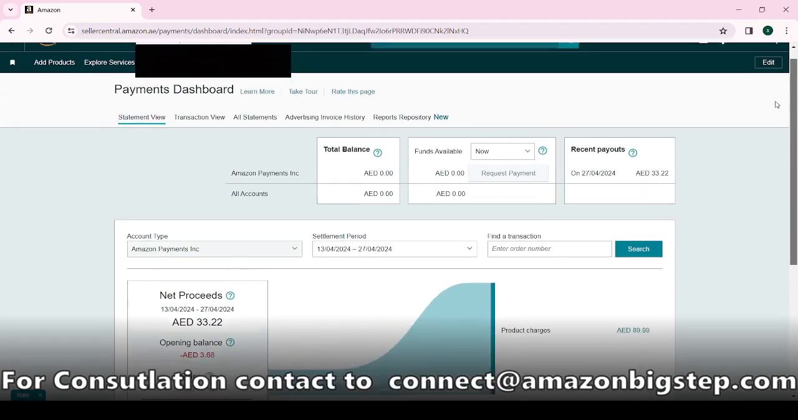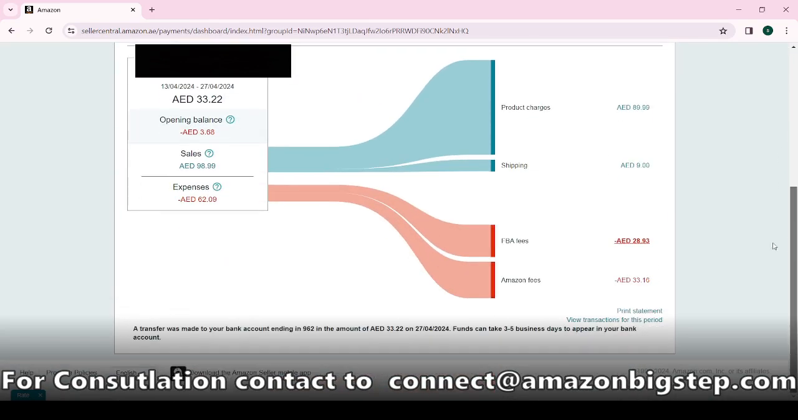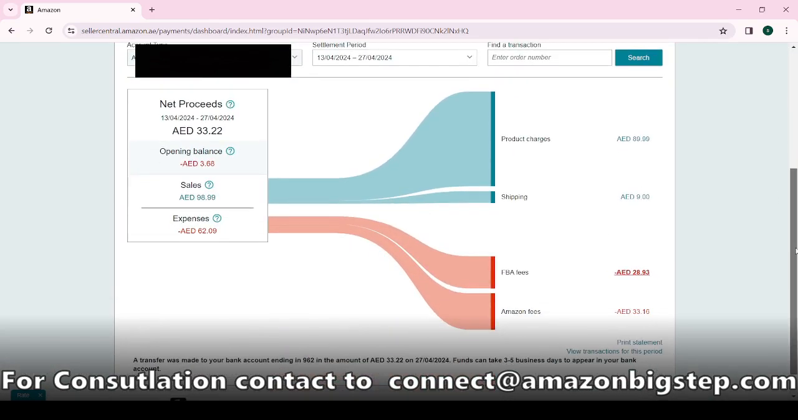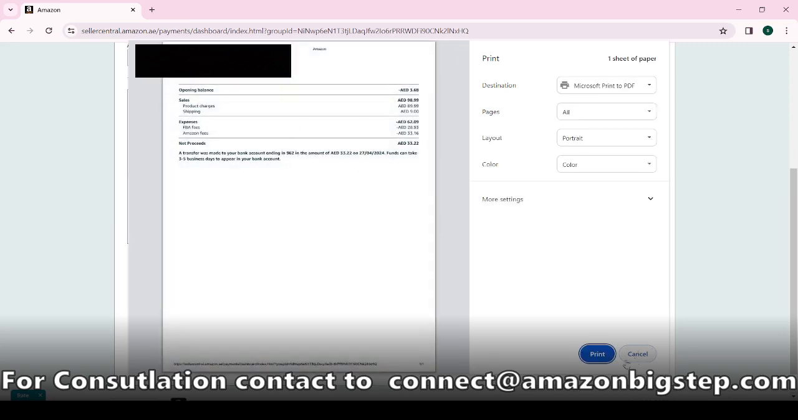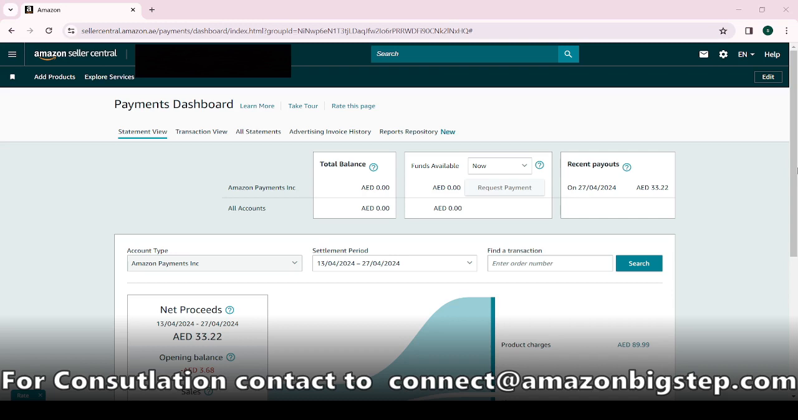Okay, so this is the statement view. You can see that if you want to print this statement, you can go and print statement. You will print in PDF, of course. So yes, you can see the print. So you have the PDF, and as well as